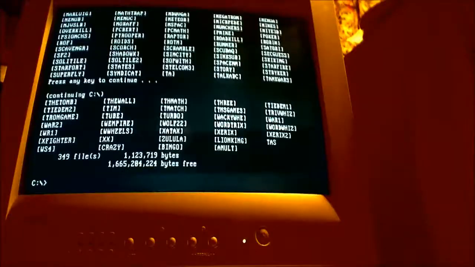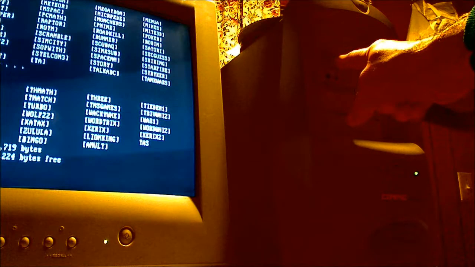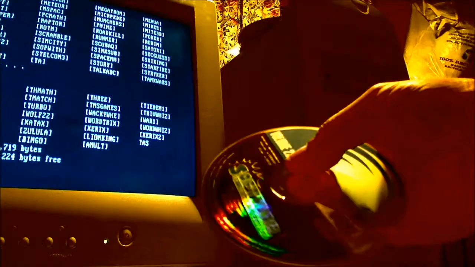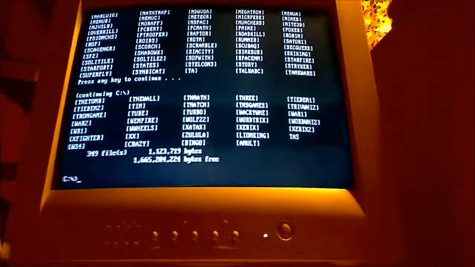Now, what I want to show you and remind you of in this is that the CD drive is the R drive. On most of these game machines, it's going to be the R drive. Now, I'll show you what I mean by that. I've got a disk right here. It says it's filled with games. We're going to take a look at it. So anyway, we put the CD into the R drive,